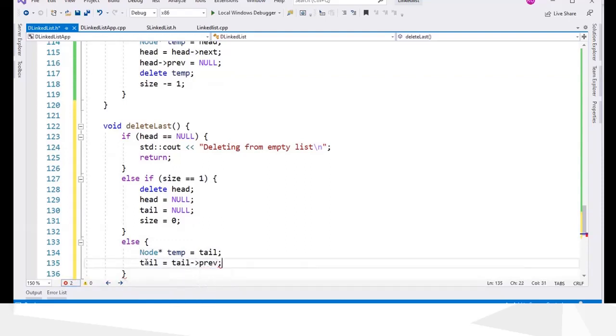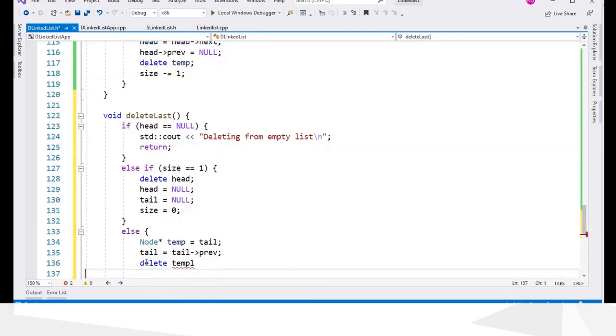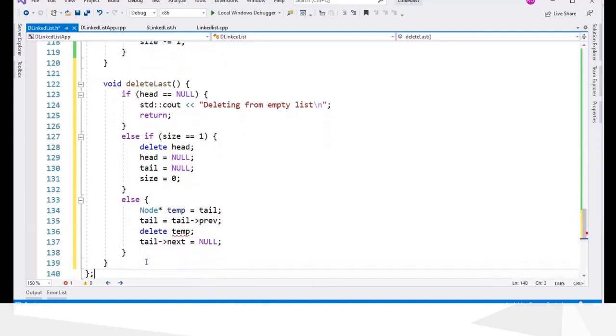So this is the previous node to the current tail, and then you can delete them, and then you make tail next equals null, and then reduce size.